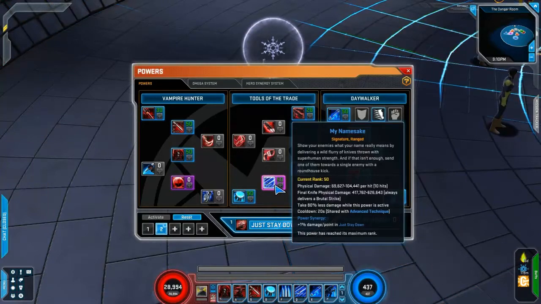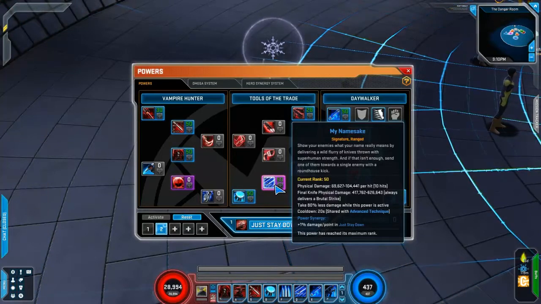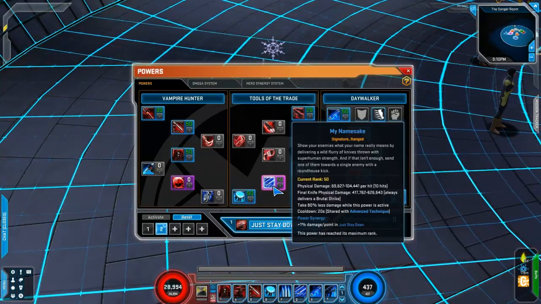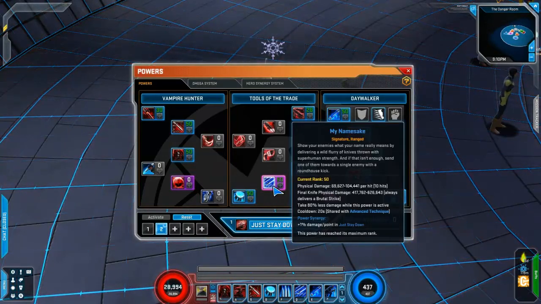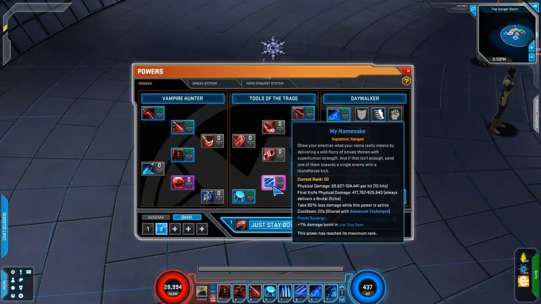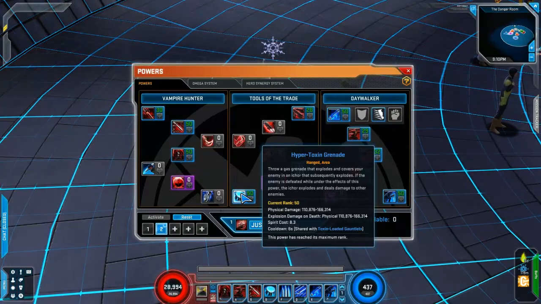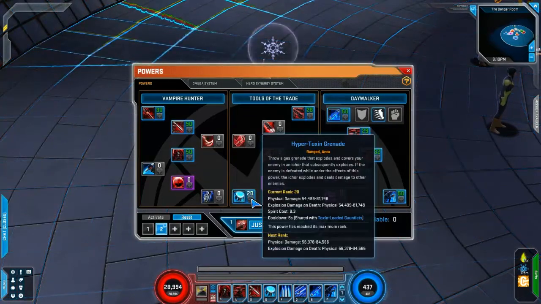I have My Namesake, which is a signature that does a ton of damage. This thing does a ton of damage, and it's basically a single line piercing attack, bada bada bada bada bada, damage, death, destruction. Next we have Hypertoxin Grenade. This does a ton of damage on its own, and then in addition to that, it also...